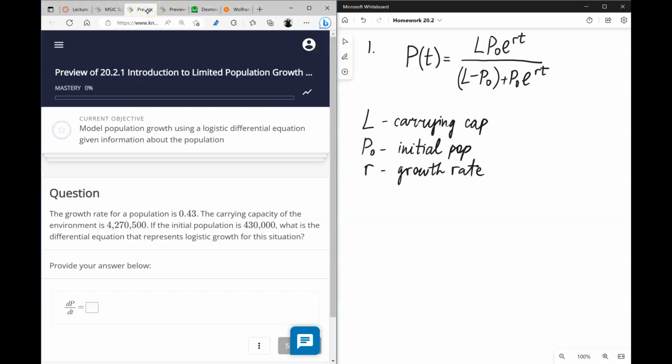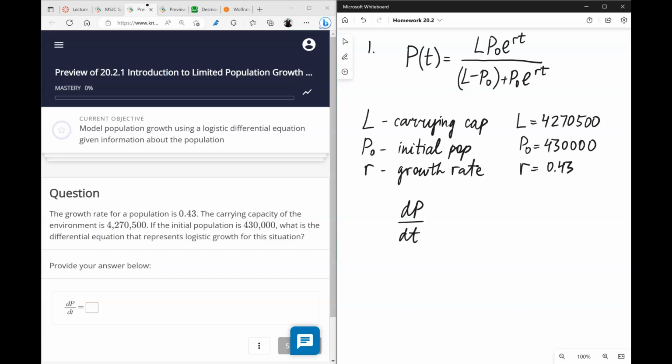So this is what we know. Now, looking at this problem, what do we have? We have R given as 0.43. The carrying capacity L is given as 4,270,500, and the initial population is this. Now, this is the solution. However,